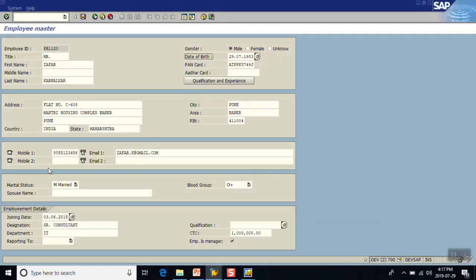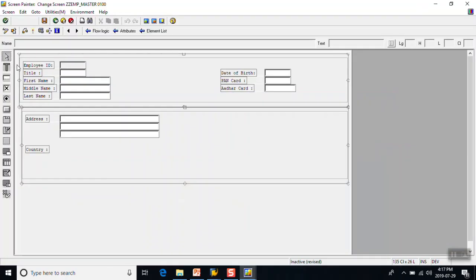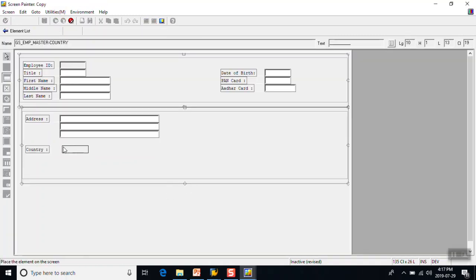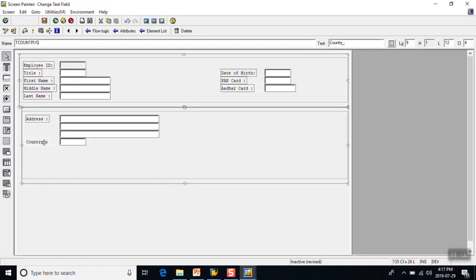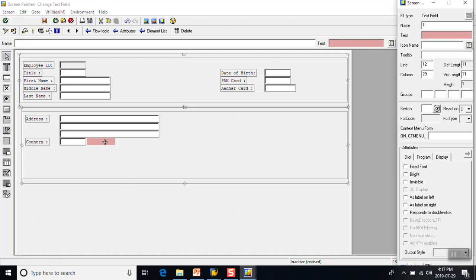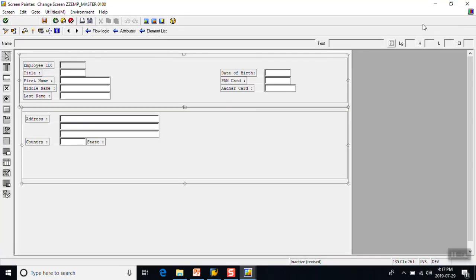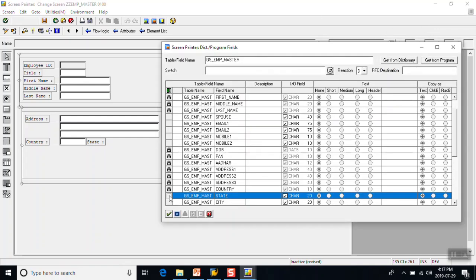What we have next here is state, then city, area and pin. Select the country, drag and drop here. Select one more field as state. Why is it getting close actually? Select here state,